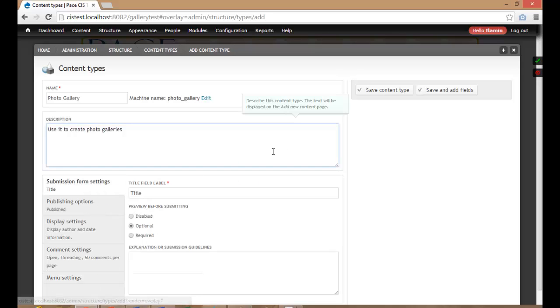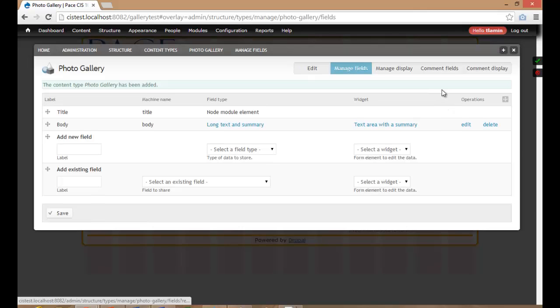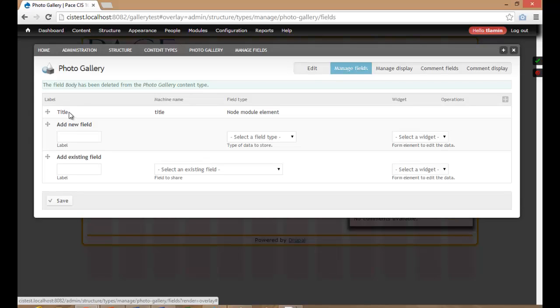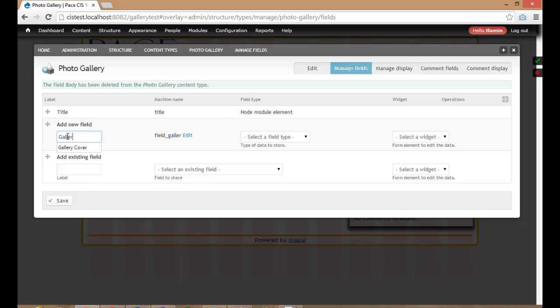I will create a view for that. I'll click save and add fields. So automatically I have 2 fields added for me: title and body. So the first thing I'll do is I'll delete the body field. I don't want this body field. It's deleted, it's gone. So the first thing I need to do is create my gallery cover. So I will call this